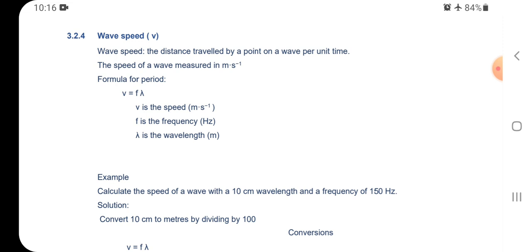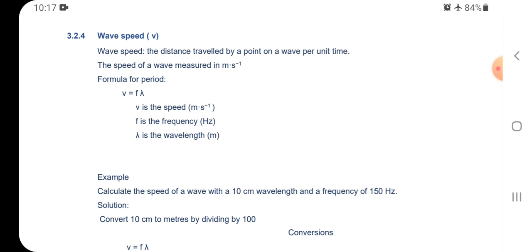Now the formula: V is the speed in meters per second, and the wave speed V equals frequency times wavelength. Okay, so that symbol that looks like a T that is falling down, or where the top part is stretched so that it touches the ground,